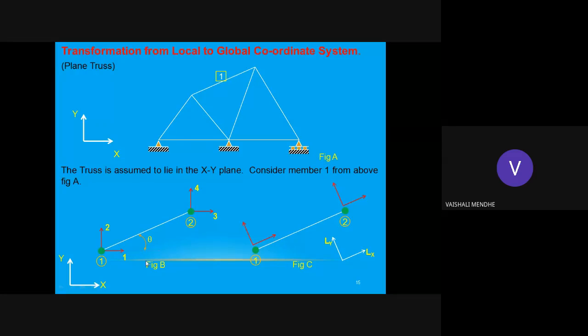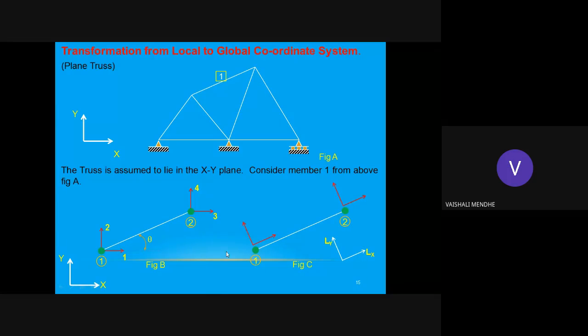So we have assigned the displacements for member 1 in the global coordinate system. There are 4 displacement components for member 1, at joint 1 and at joint 2, and we have assigned them in ascending order: 1, 2, 3, 4, following the sequence x, y, x, y.